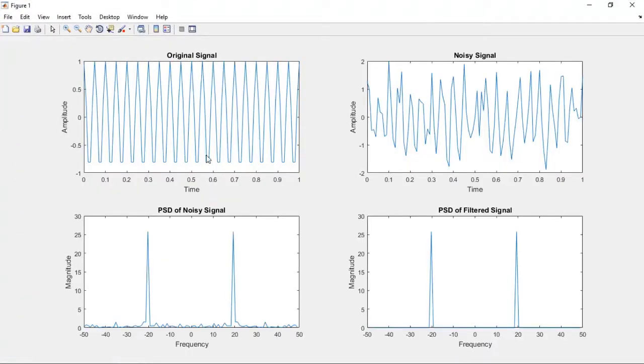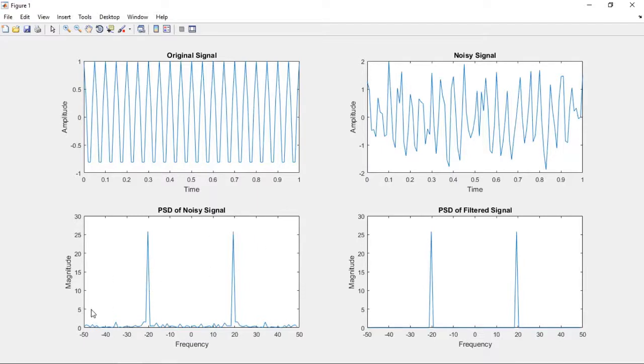And this is the original signal, which is of 20 Hz, and the random noise is added. So we computed PSD of the noisy signal. So this is PSD, it is a 20 Hz signal, we have peaks at 20 and minus 20. Through FFT shift, we got this frequency spectrum on either side. So 20 Hz is the signal frequency, and you have to set up the threshold value. We are observing this PSD of the noisy signal.